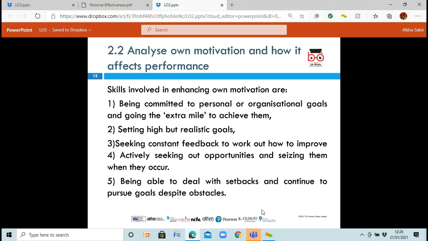And then also be able to deal with setbacks and continue to pursue your goals. So like we said, if something goes wrong, it's okay, it's gone wrong. Think about it, find out what went wrong, but then work on it. So you know that I didn't actually, there's some steps that I should have taken, but I rushed through things. Just make sure next time you do that, you don't rush through it and you're actually double checking, triple checking, making sure that everything is done.